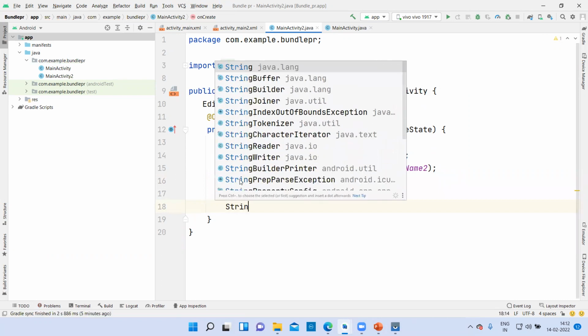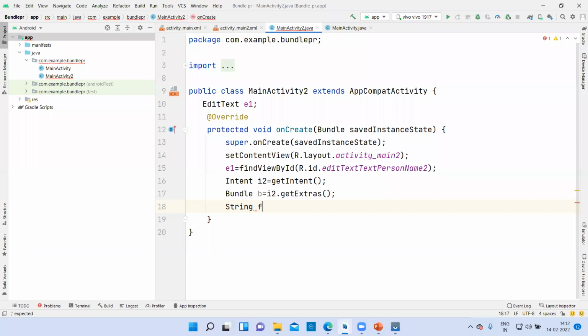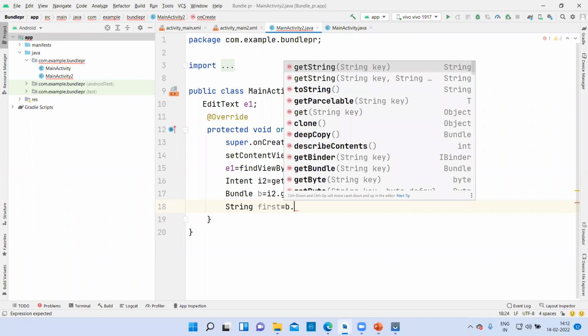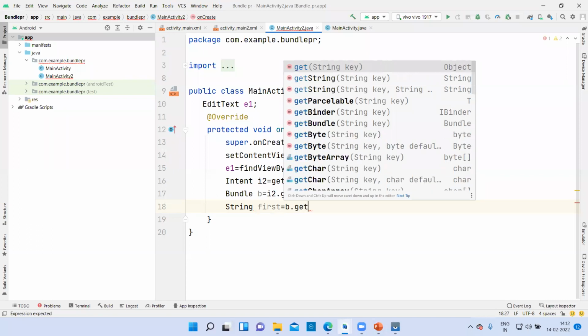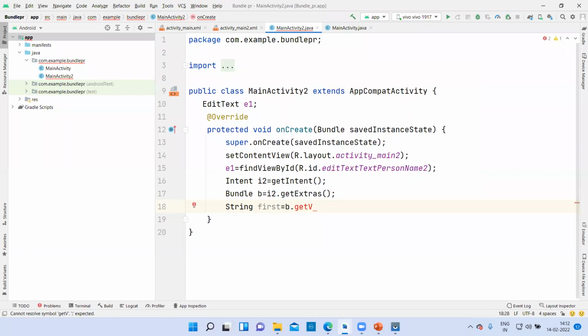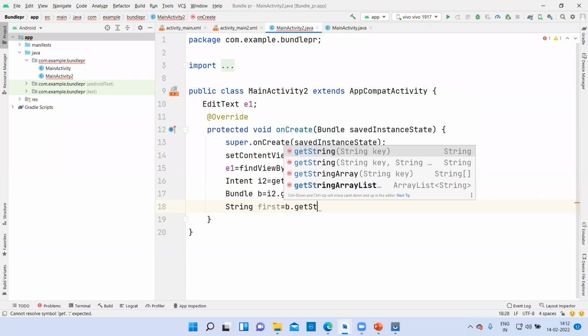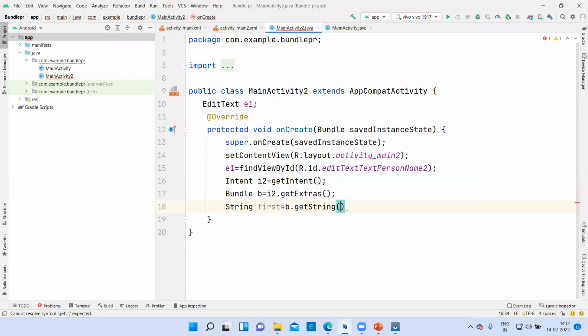So String first equal to B dot getString, and pass the values inside it. I mean that key which you have passed, small value.